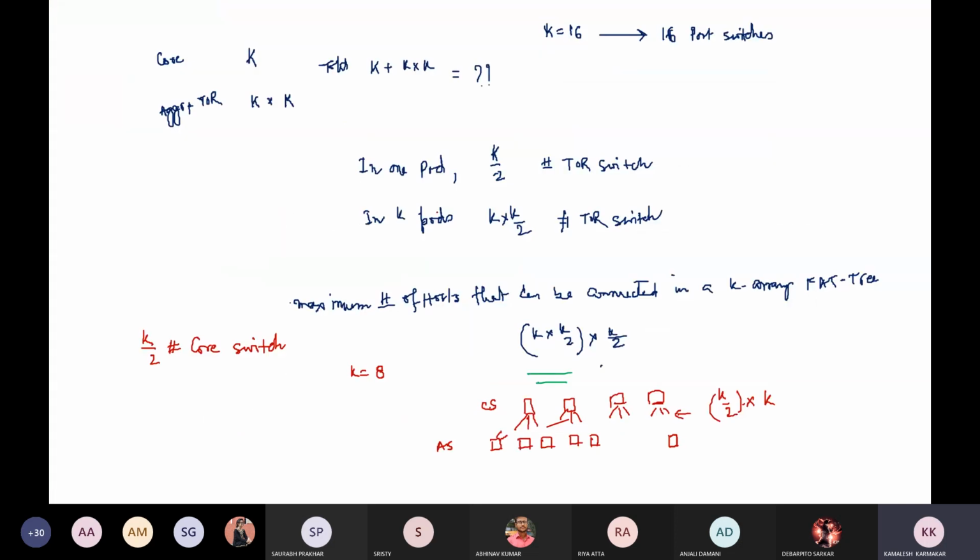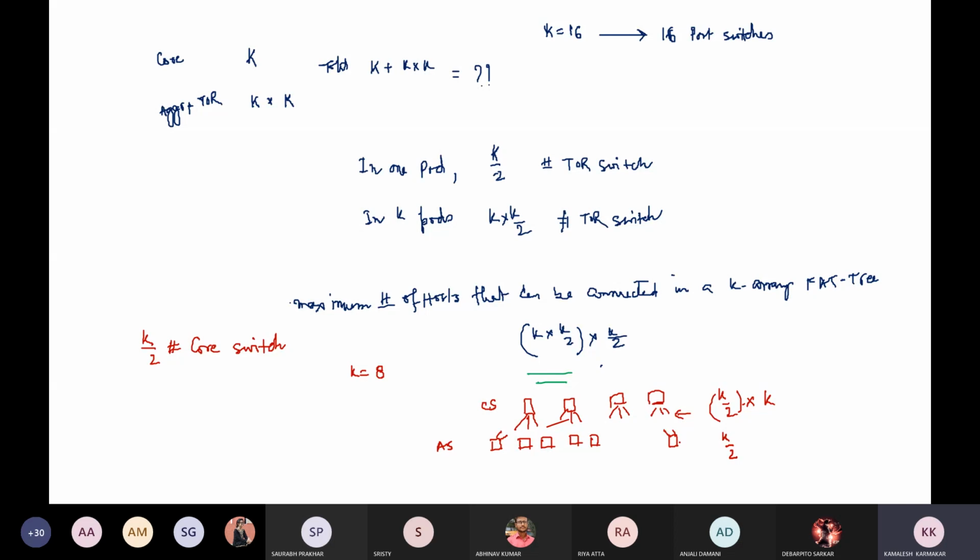For one switch, the upward link is k by 2.